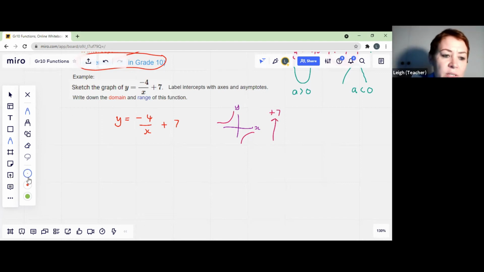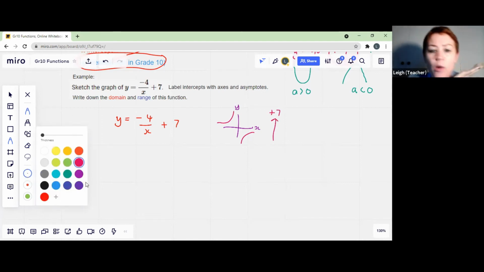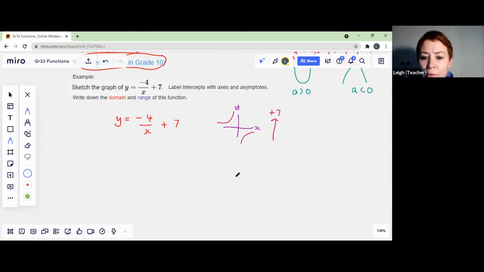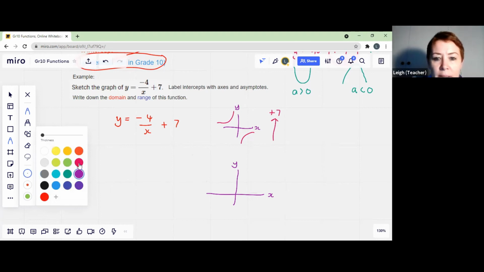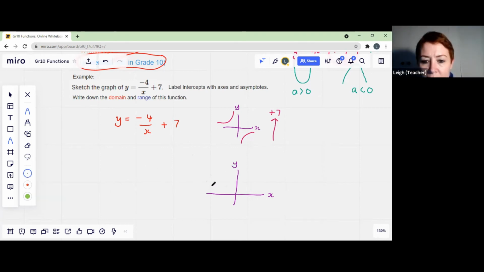So now my x and y axes, they don't move. They're set in stone. They're going to stay where they are. There's x, there's y. But what's going to happen to my functions? Every single point has to move 7 points up. So in other words, my hyperbola, instead of it being drawn